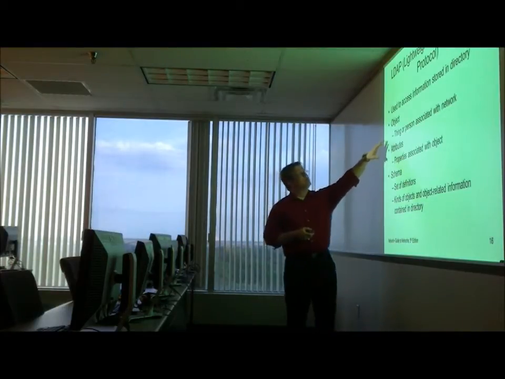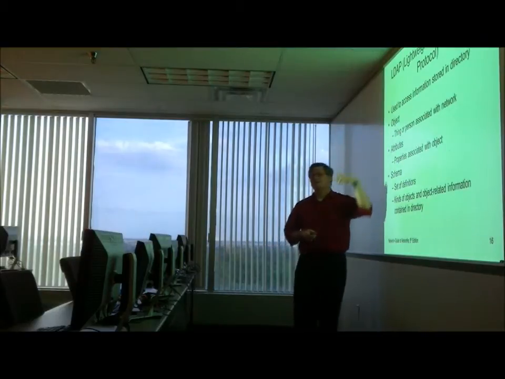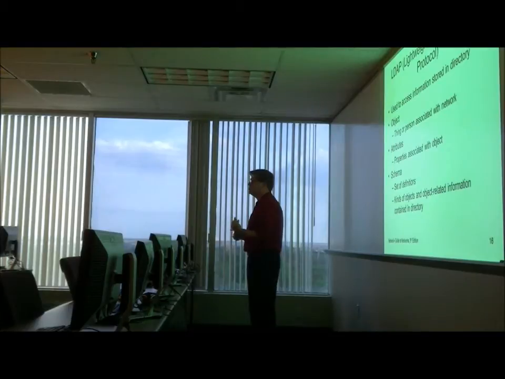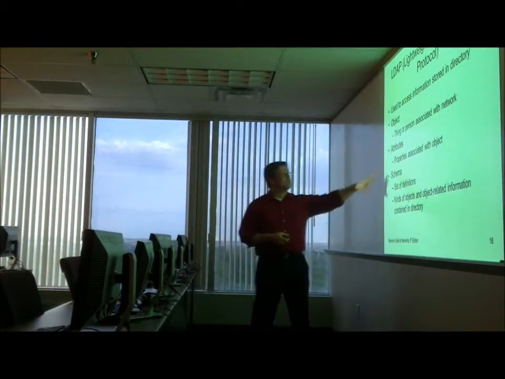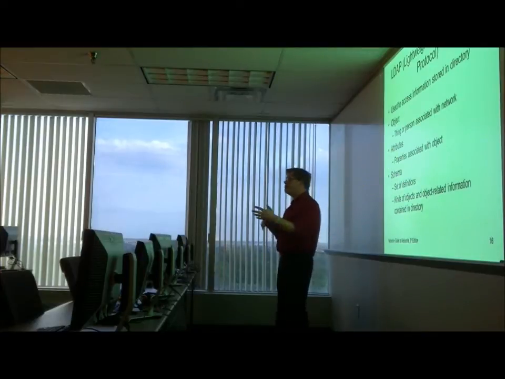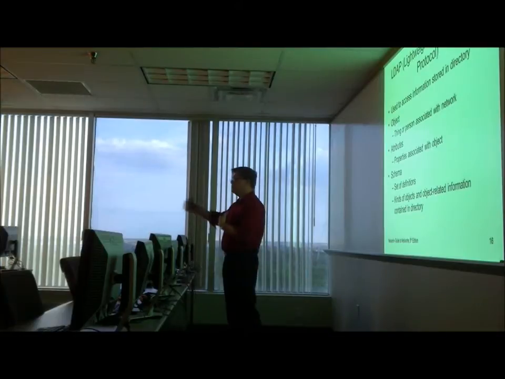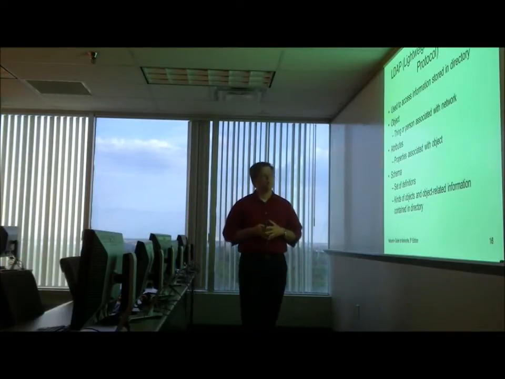A couple of key points about it are the concepts of an object, attributes, and schema. An object is a noun, basically. It's a person, place, or thing. It's a user. It's a group. It's printers. It's things like that. Then we've got various attributes. Those are properties about that object. So as a user, you have a name. You have an address. You have an employee ID. You have certain attributes that are associated with you as a user.